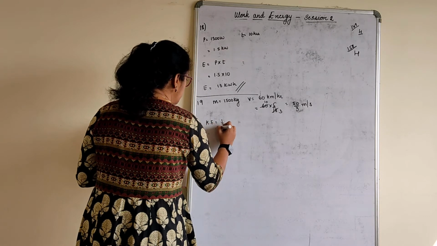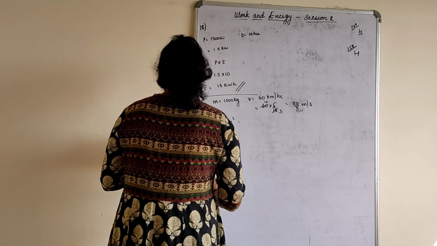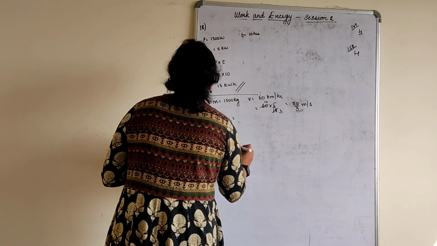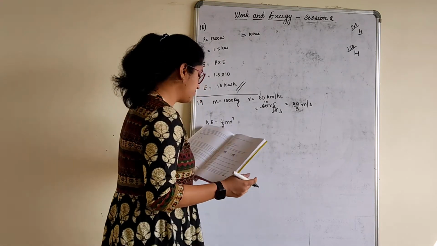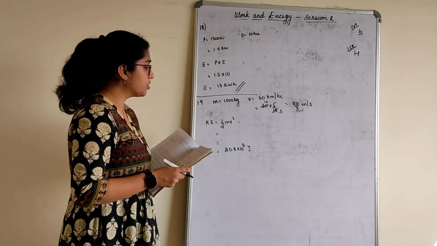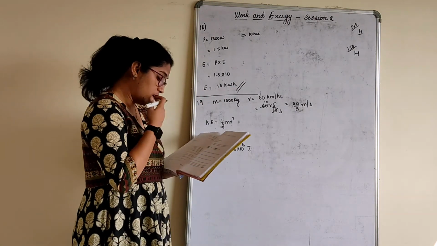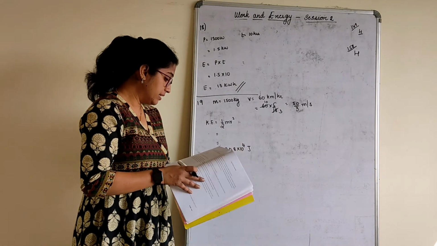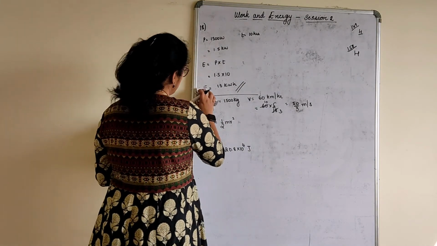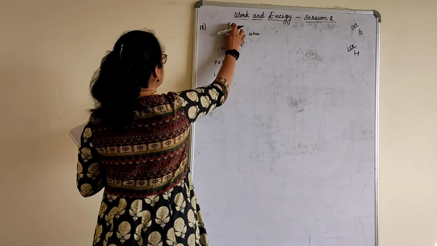Kinetic energy is equal to half mv square. Substitute, children, the values here. So you will get this as 20.8 into 10 raised to 4 joules. Do the calculation, substitute what is m, what is v, multiply that 2 times and you will get the answer. We'll go with the next one and the last one. In your textbook also it is the 20th one, as we go in order.